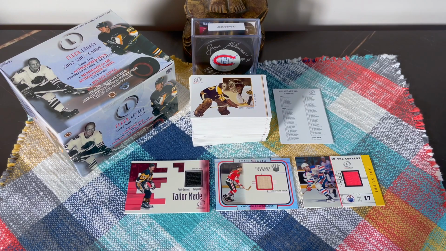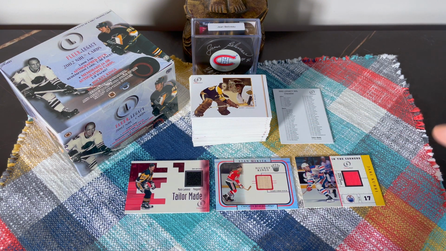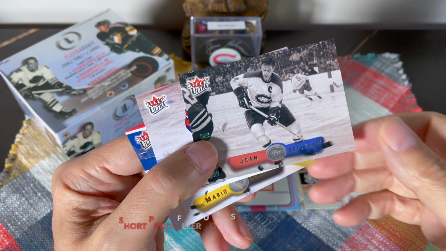All right, guys, time for a quick recap. I mean, I got too excited. That was just too much fun. So we did receive our 3 mems. We received our tailor-made jersey, our Hockey King stick, as well as our In the Corner boards from Joe Louis Arena. We also received short prints, which I think are cards on the checklist up to